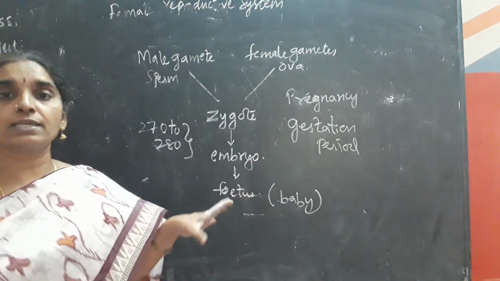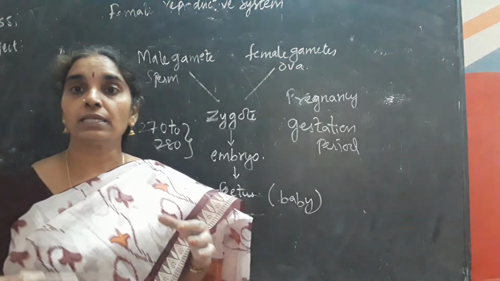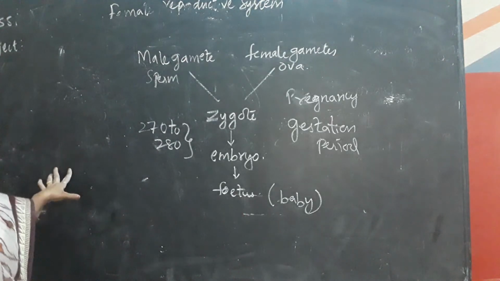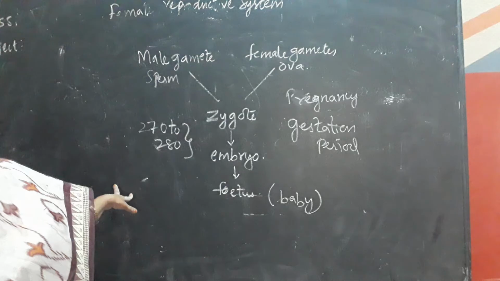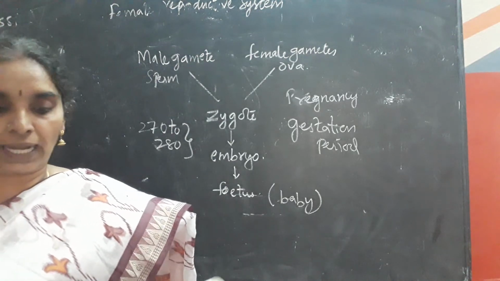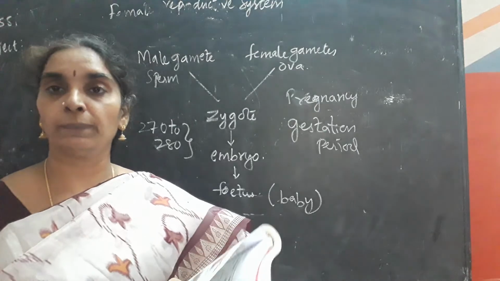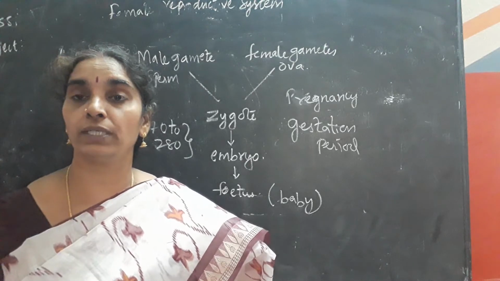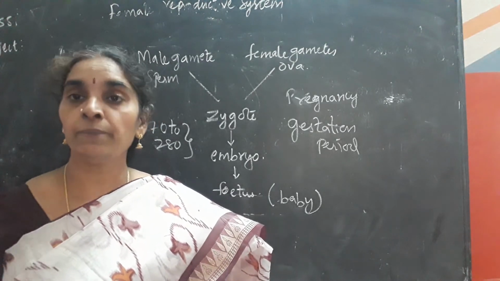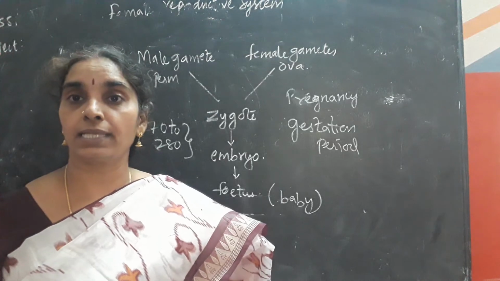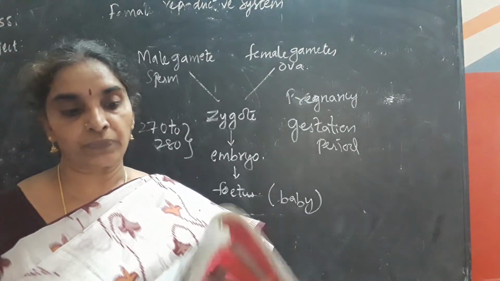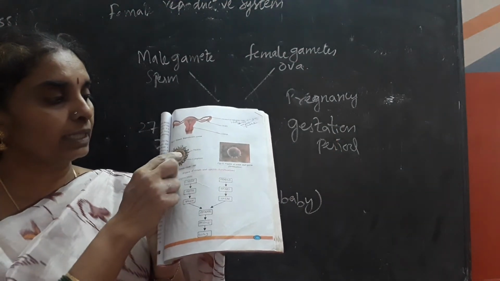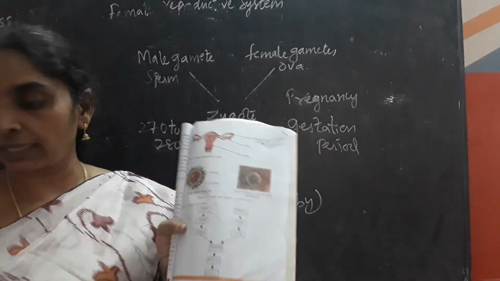Okay, children. So this is about reproduction in human beings. Next, you should fill up the table on page number 59. Fusion of ovum and sperm. As you know, the ovum is an egg that is released every month by the female. It consists of an outer covering layer. Inside, the nucleus is present in the center within the cytoplasm. So this is the structure of the ovum: the cytoplasm and the nucleus in the center.